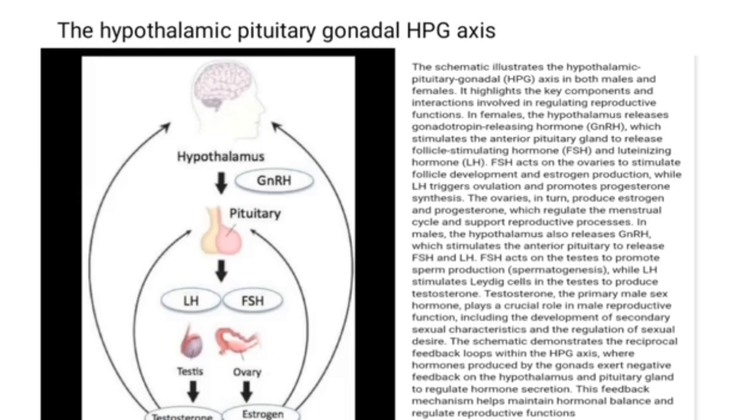All right. So let's go to the next one, which is the HPG axis. When you are asked to explain the HPG axis, draw this particular structure here. Hypothalamus produces GnRH, gonadotropin releasing hormone, which goes to the pituitary where it binds to the receptors. The pituitary in turn will release LH and FSH, which will go straight to the gonads, which are the ovary and the testes, and cause the testes to start producing testosterone and spermatogenesis, whereas the ovary will produce estrogen, which will stimulate ovulation, and then also produce progesterone, which will also